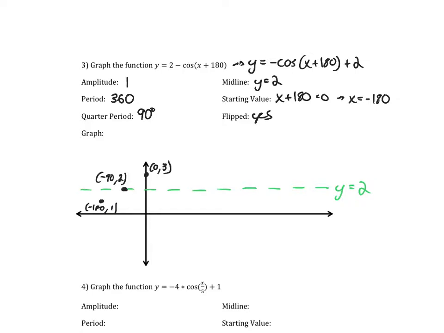I'm going to go back down to the midline and add another quarter period. So that's going to take me to 90, comma 2. And add another quarter period. That's going to take me to 180. Okay, and down to 1 again. So if you were to make this graph,